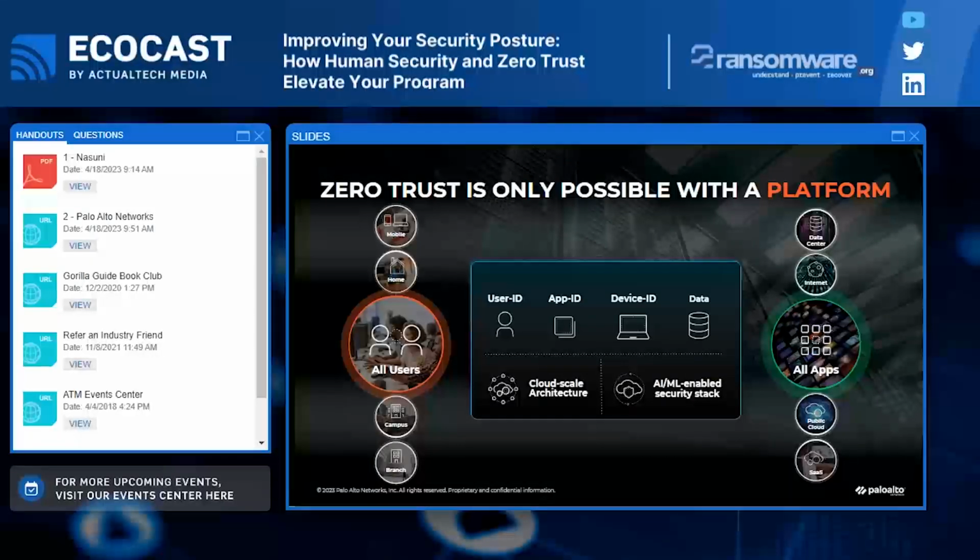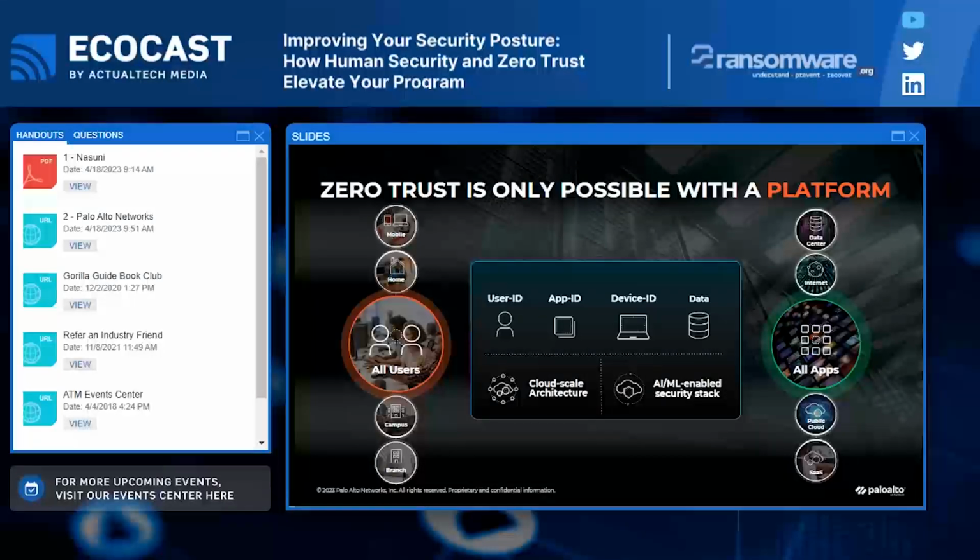We augmented that with User ID, where we could tap into Active Directory or LDAP services and pull rich information about users and their roles and leverage that in our policy engine. We also supplemented that with Device ID, where we do have an agent that can run on a device that gives us rich information about what that device is doing. More importantly, how the device is configured, where it's been, what services are running, is its AV enabled, all the things that we should expect to see enabled on this device. How is its posture? Has its posture changed? Will the posture change throughout the session? We can leverage all that rich context now in our policy engine. And we can apply that globally, at global scale.